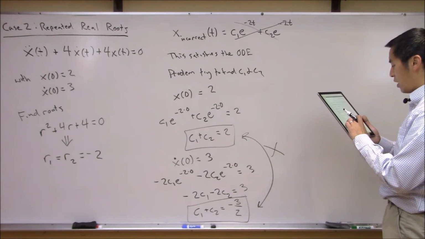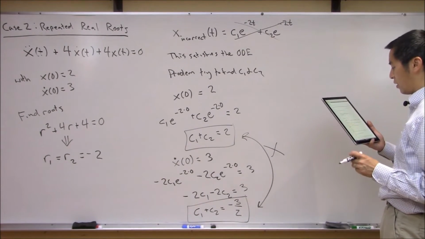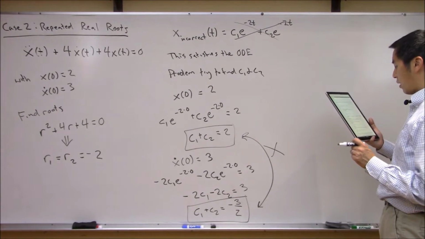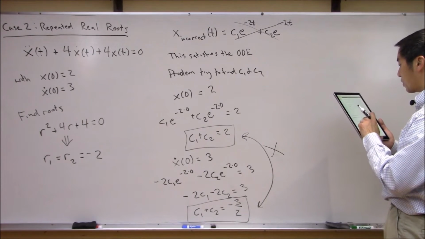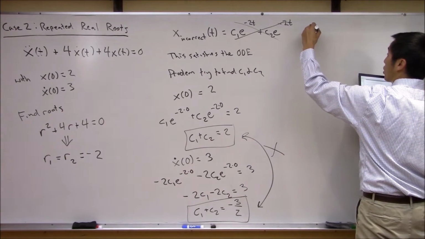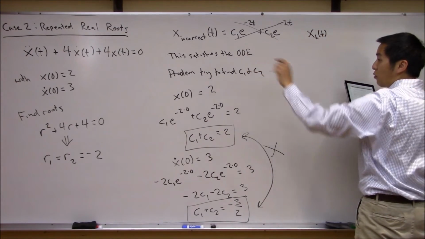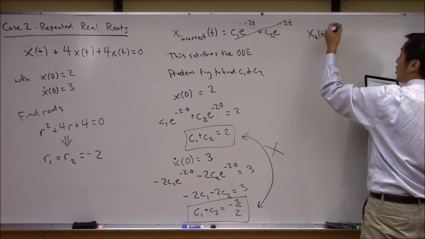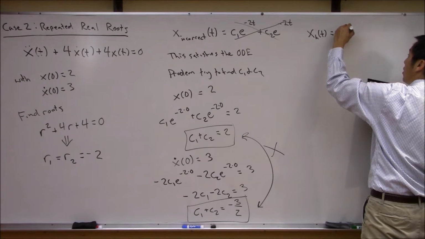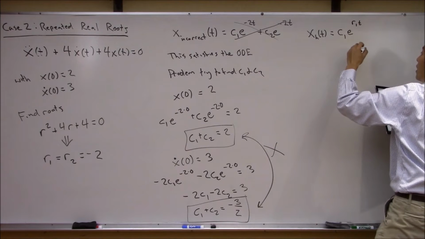So instead, what we need to do is use a slightly different form for the homogeneous solution. So xh of t, for this case where you have repeated real roots, is going to be c1 e to the r1 t,